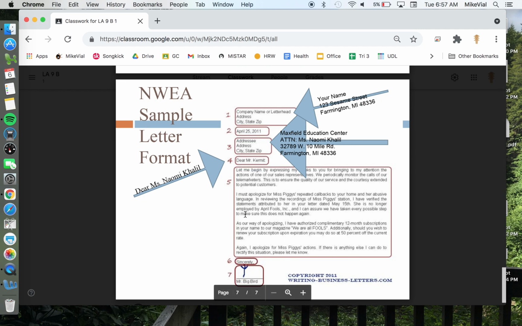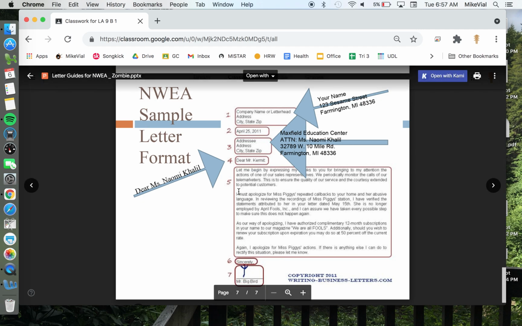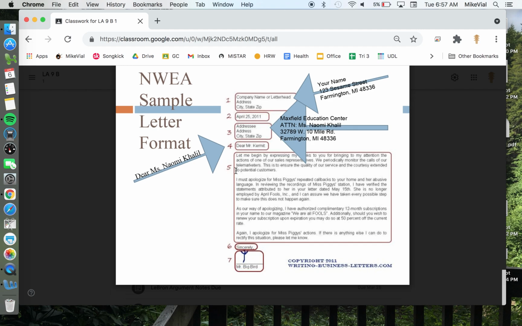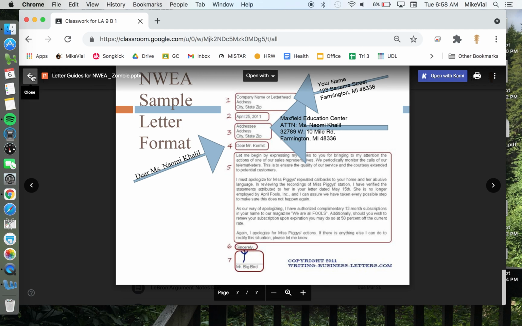And then here is an example of using block style formatting. Notice every paragraph's in a block, and then we add a space between the paragraphs. We don't use the indenting tab button for block style. So you're getting used to another formal business letter writing, and this is what people utilize most often in their job application letters, your cover letters for a resume. So if you have questions, just recognize today's a day to get used to drafting.